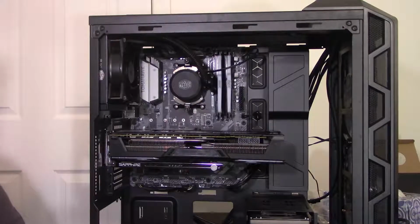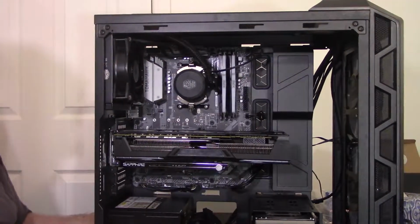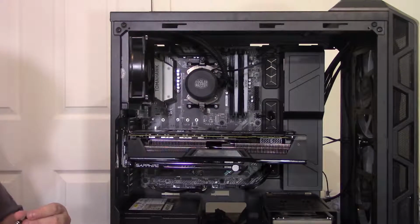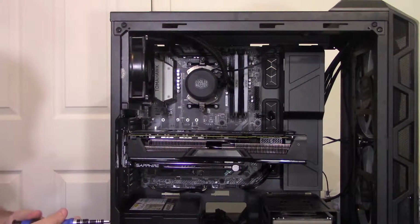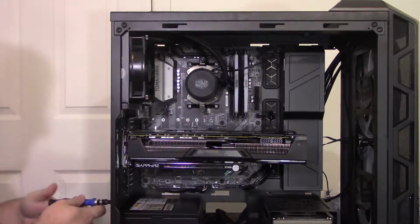Because computers are not cheap, unfortunately. I wish they were. Because then if they were cheap and I could make more money on them, I wouldn't have a day job. But alas, they're not cheap, and I don't make a lot of money on them. So it is what it is. It's fun. I enjoy it, but